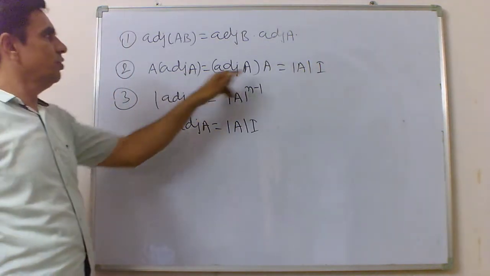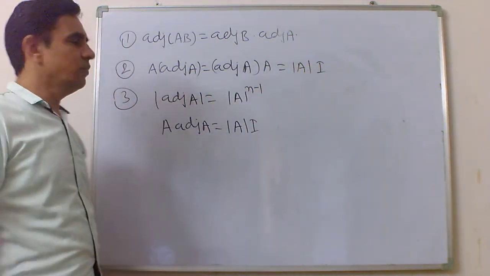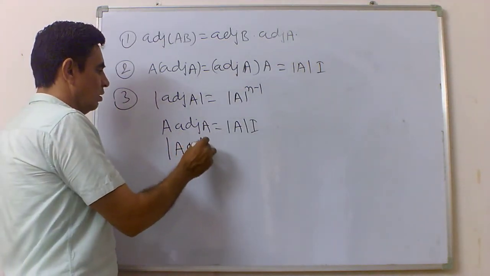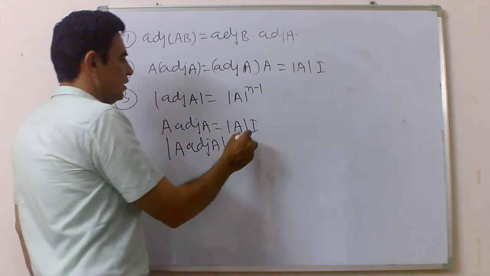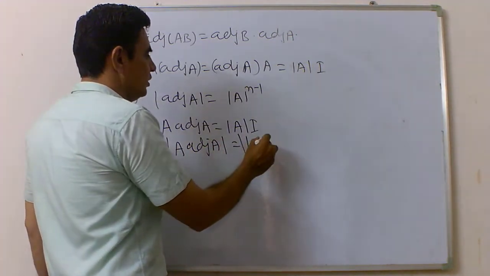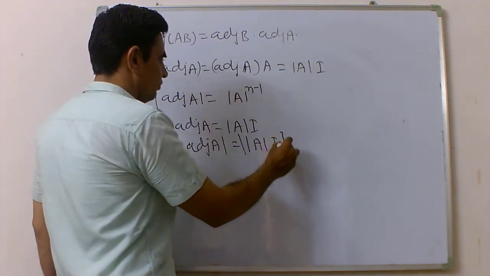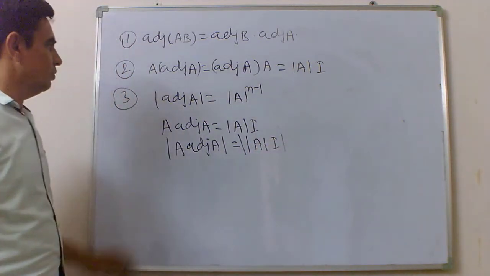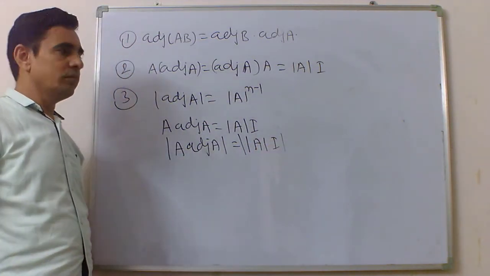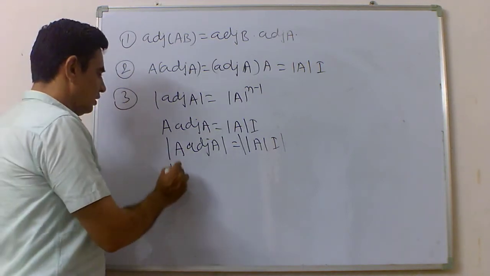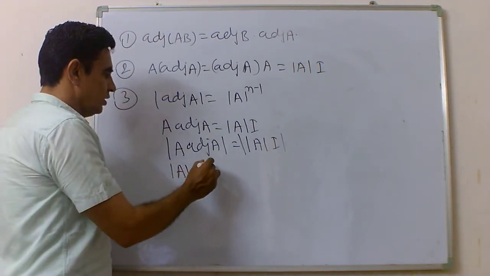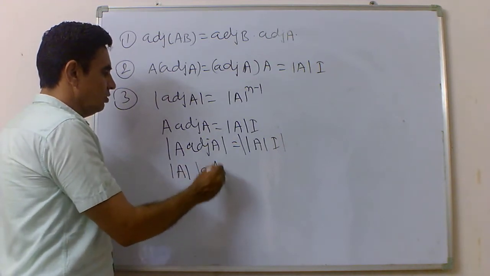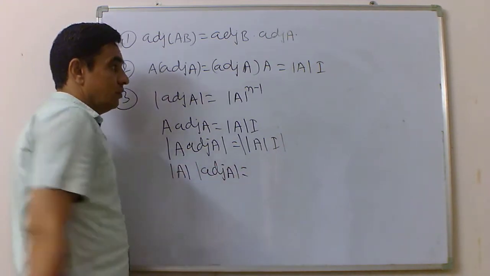Here A into adjoint of A is equal to determinant of A into I. Now apply determinant to both sides, that is equal to determinant of A into I. Determinant of A into I, दोन्ही साइडला आपण adjoint आपला determinant अप्लाय केलं. Determinant of A is equal to determinant of A into determinant of adjoint of A is equal to, we know